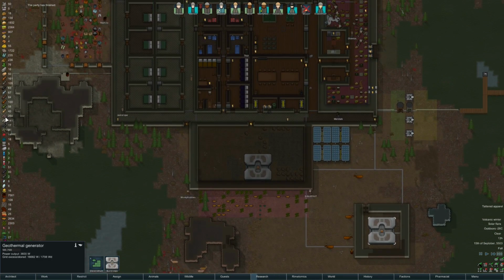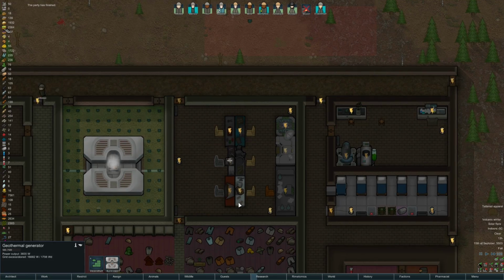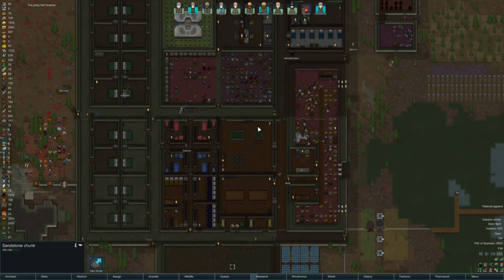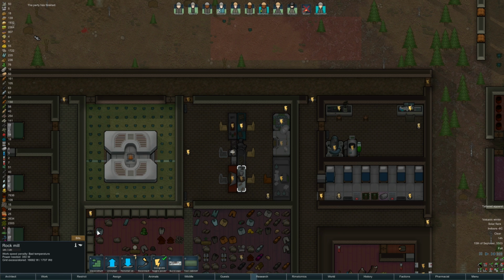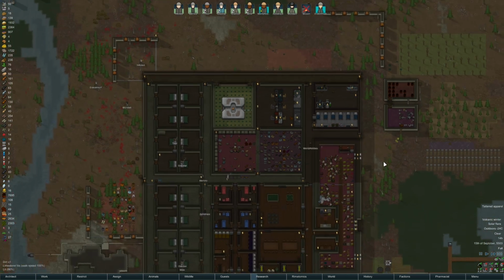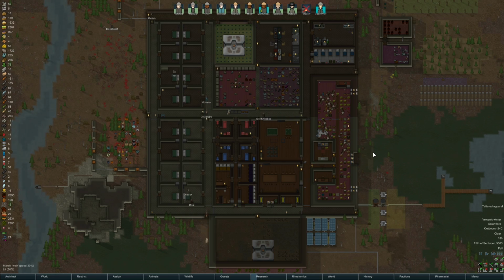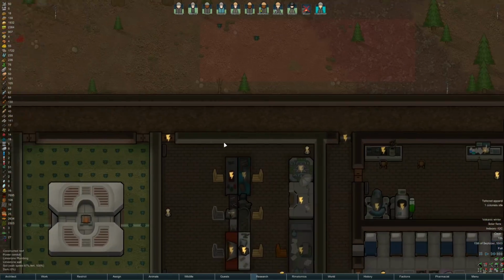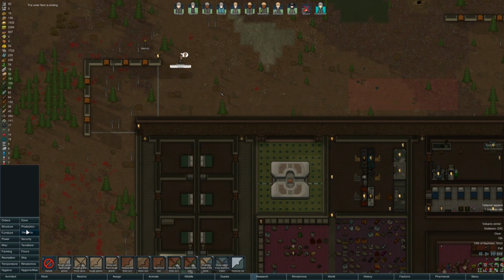Okay, we are... Well, actually, I need to unsuspend the blocks. Especially as we've got... Is this all sandstone down here? Yeah, this is all sandstone chunks. So, rock mill... Unsuspend that. We need some more sandstone anyway for the floors. Most of the floors are done. That whole room done with dirt. Yep, that whole room done with dirt. So...